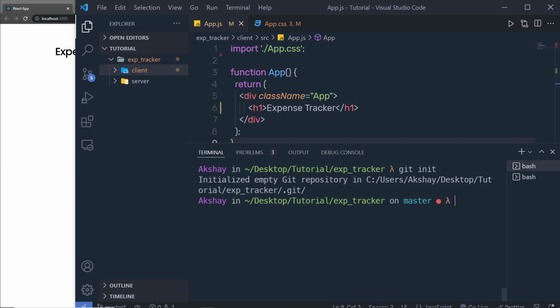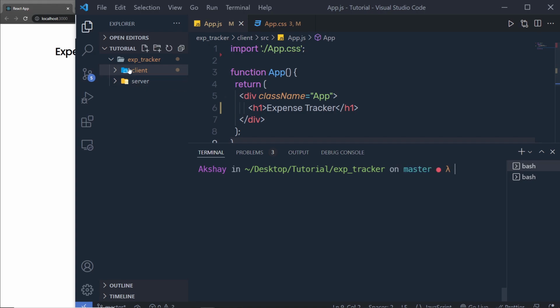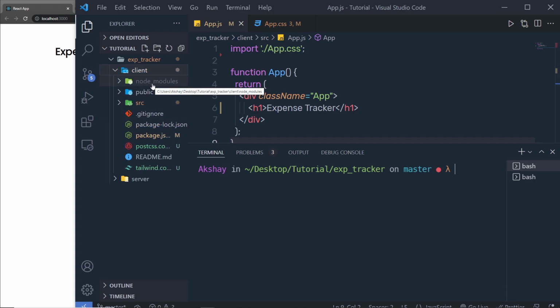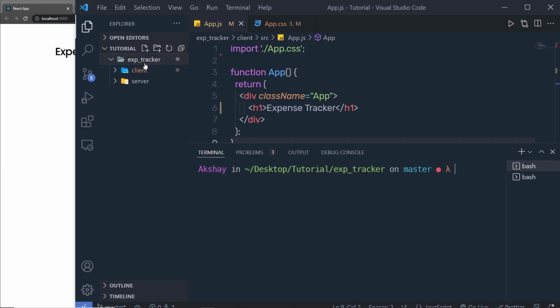And just for that, we have to add all this folder and its files inside the Git repository. But what we have to do is, we have to skip this node modules folder because inside that we have a bunch of libraries. We have to skip this node modules. So what I'm going to do is, I'm going to create .gitignore file in this exp tracker. So here in the exp tracker, I'm going to create a new file and I'm going to say here